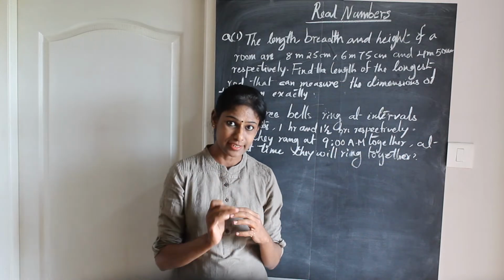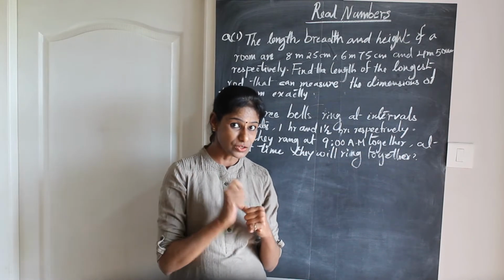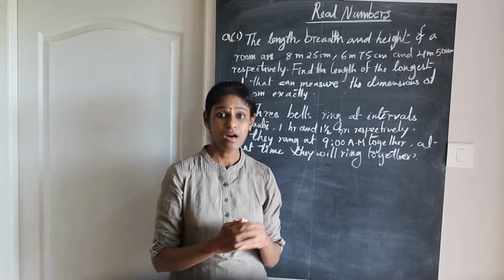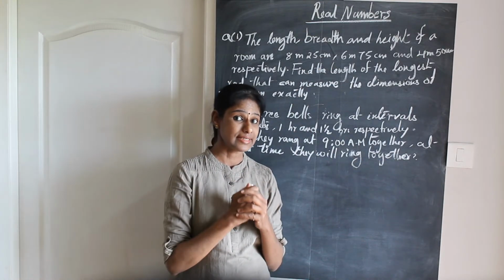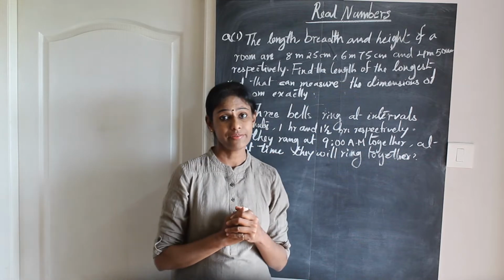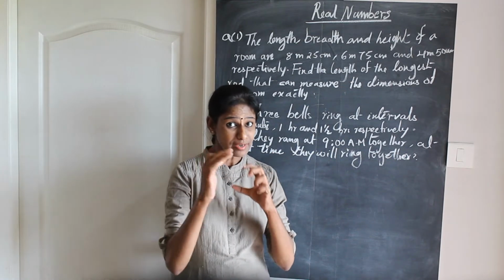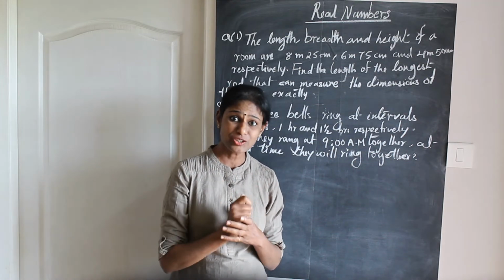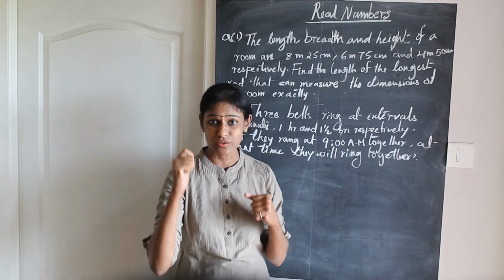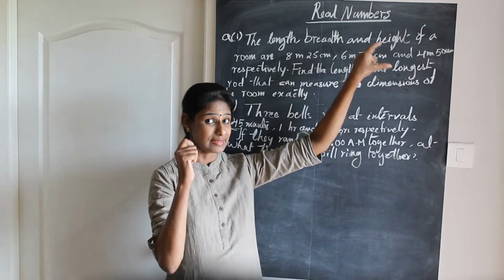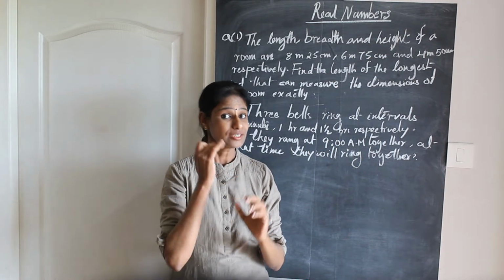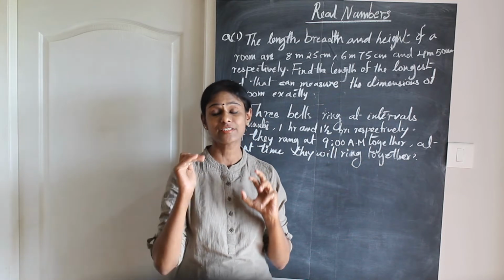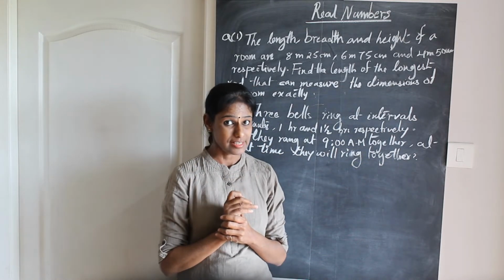So first you think about the answer to this question, whether it will be a number which is greater than the given numbers, or we need a number which is lesser than the given numbers. So we are making a scale using which we are going to measure the room. So naturally the length of the scale or the rod must be lesser than the given numbers. So the question is about the common factor, or the highest common factor, of these numbers.